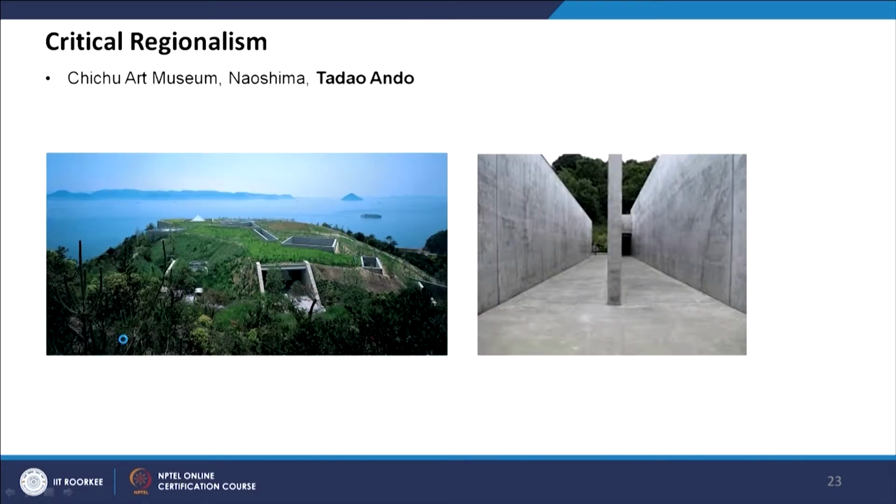Now if you look at the roof of this building, all this natural tectonic surrounding and the natural contours are maintained, with punctuations of very geometric style, which is Tadao Ando's style, but the natural context was retained as much as possible in the design. And also this axis is created to visually frame the natural surroundings.